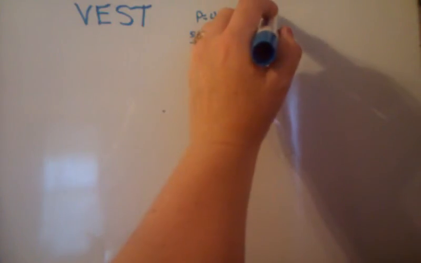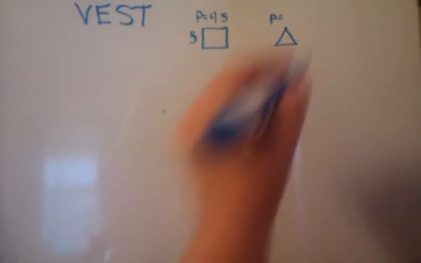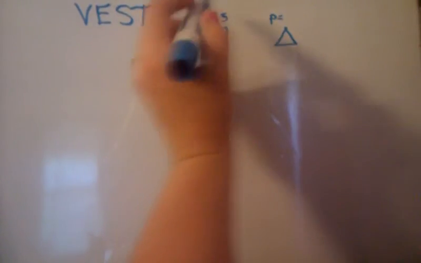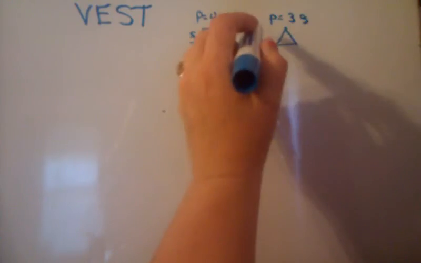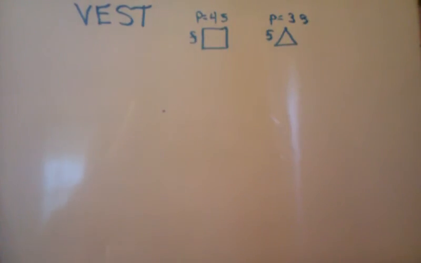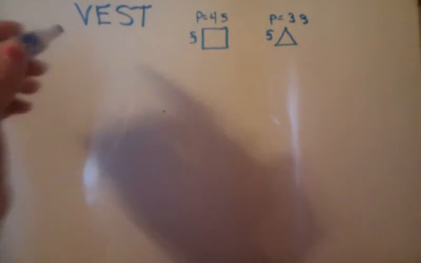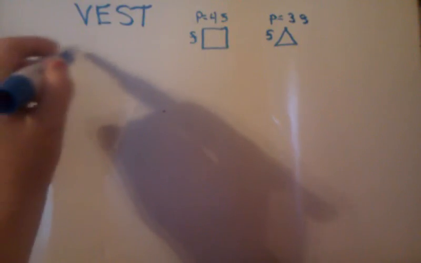On an equilateral triangle, it's A plus B plus C. But since they're all the same size, we can just look at one side and multiply it times 3 because they're equal. Okay? Now it says they have the same perimeter. So my formula is going to be 4 times S equals